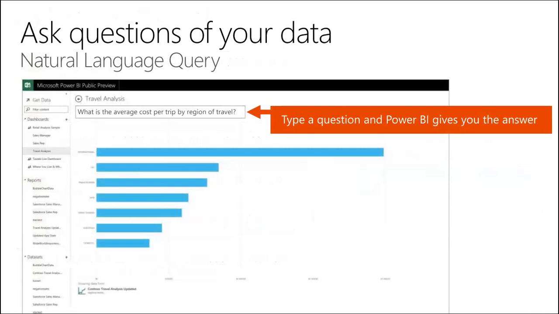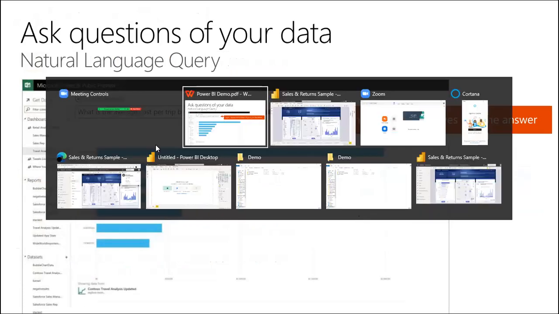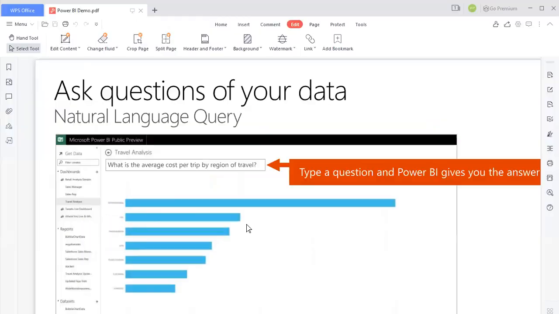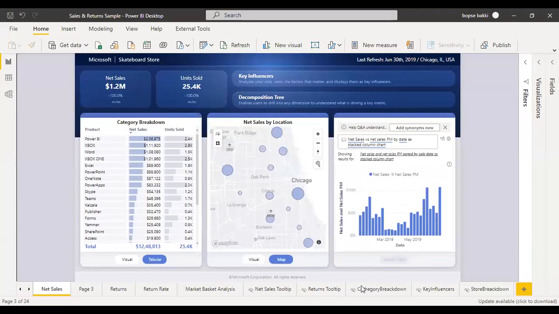So that's the example, correct? So what I'll do, I'll just show you one of the reports in Power BI. So before I go ahead with this report, correct? So what I'd like,